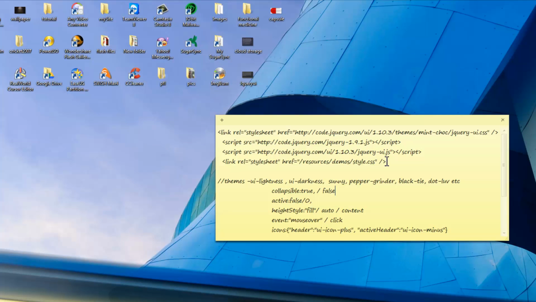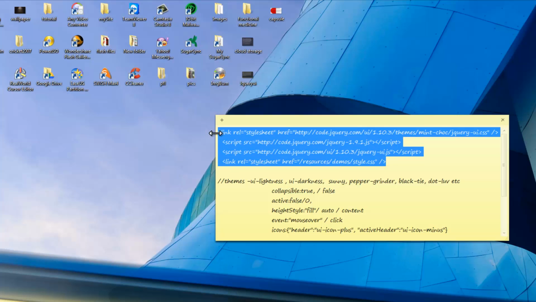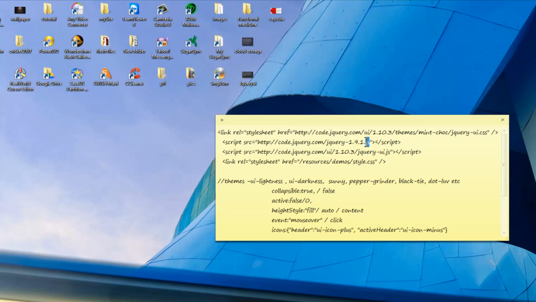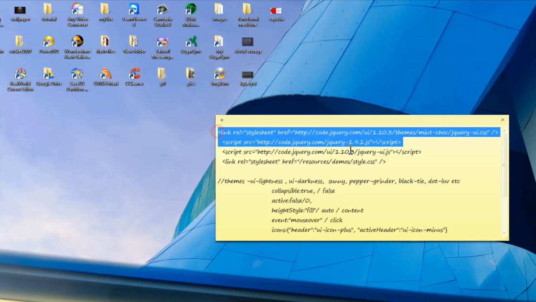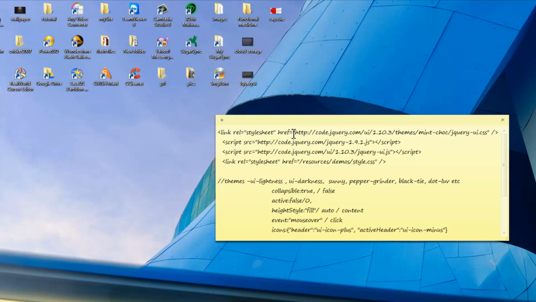For the jQuery UI script that we'll write, I'll need some CSS files and some JavaScript files, which are kept remotely on a server somewhere, and which we are going to fetch through CDNs, or content delivery networks. Basically, they're not physically lying on our server, but they can be fetched this way, through a content delivery network, which references an external URL,